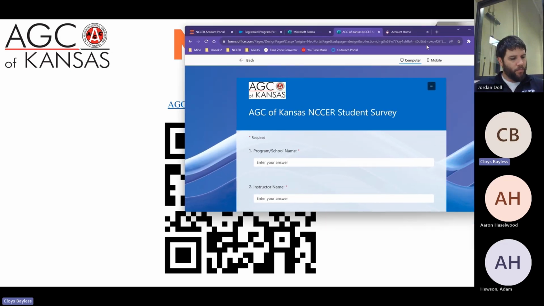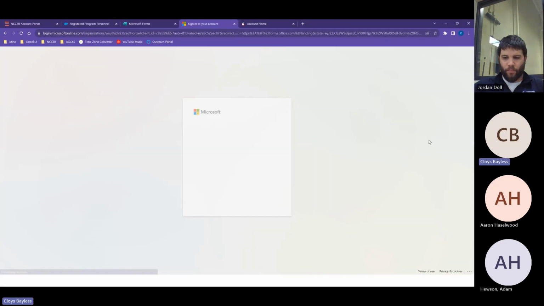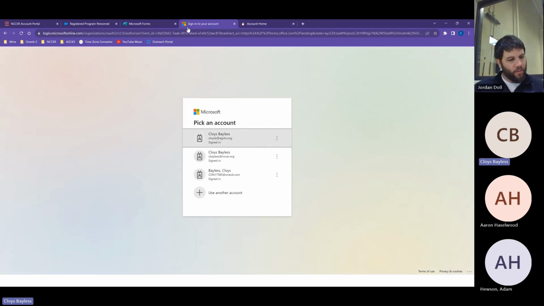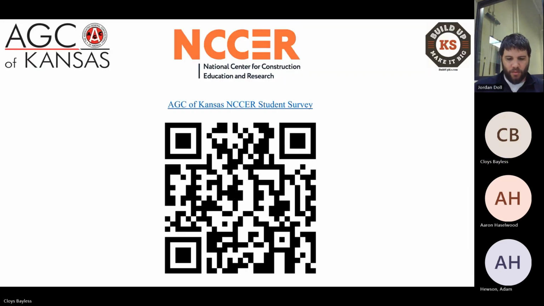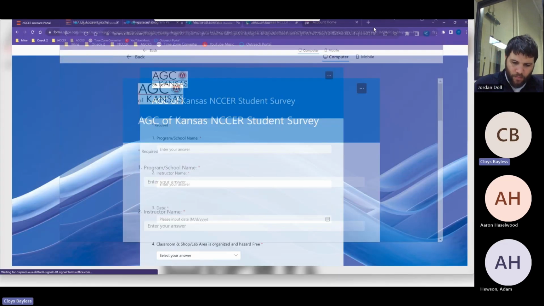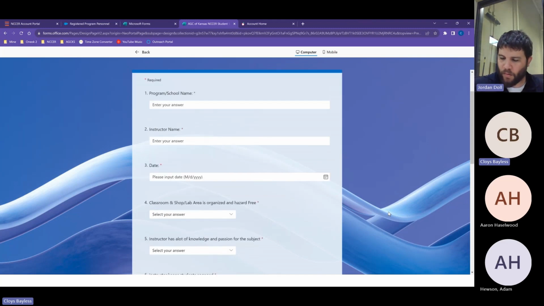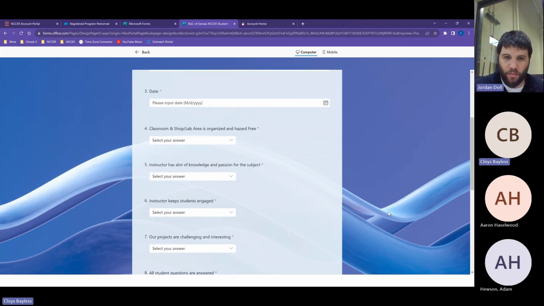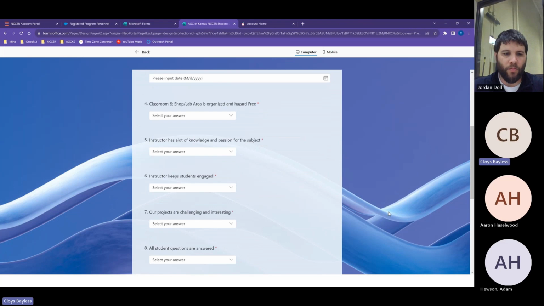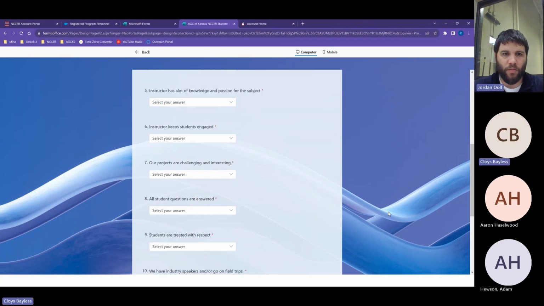And this is the form. Here it is. It's just what's the school, who's the instructor, the date, was the area hazard free. I like this one: does the instructor have a lot of knowledge and passion?